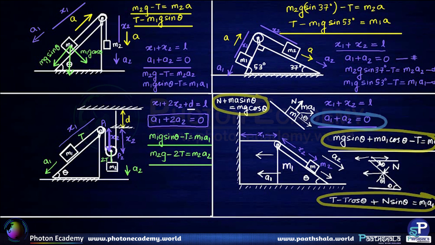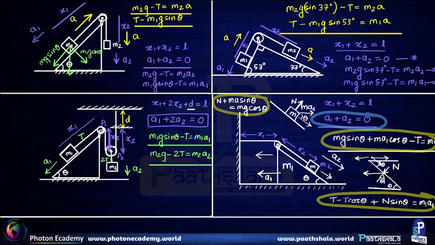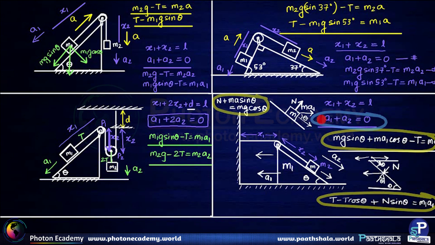So we have employed the concept of pseudo force over here. So listeners who are not familiar with the concept of pseudo force may ignore the concept as of now and just focus upon the constraint motion relation for which this problem is being stated in order to illustrate this particular constraint motion relation, which is a1 plus a2 equal to 0. So the other equations will be understood when the concept of pseudo force is well understood by the listener.